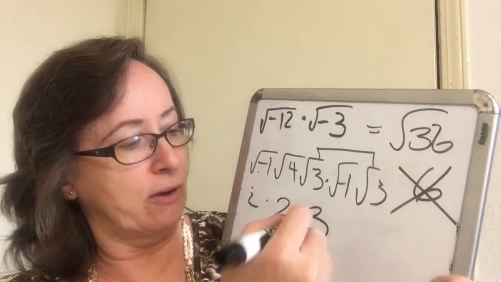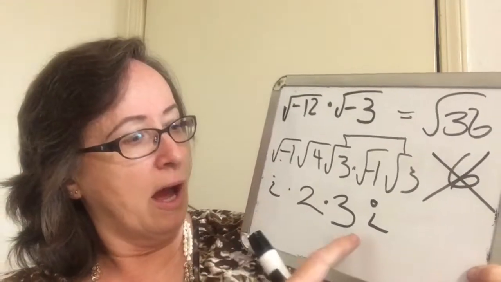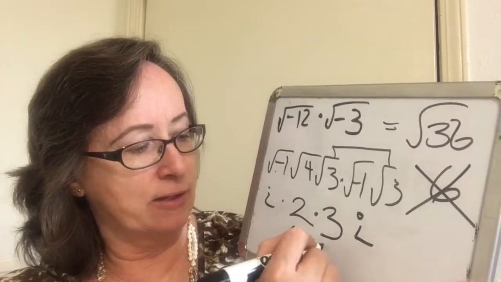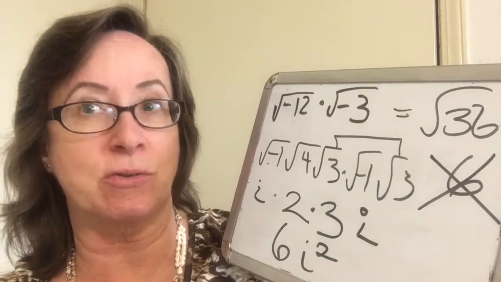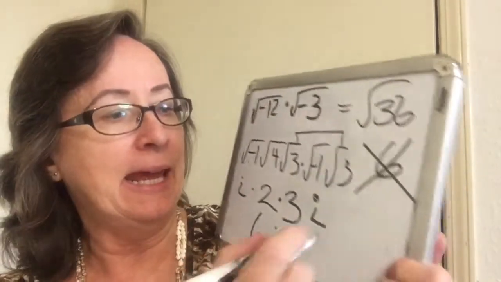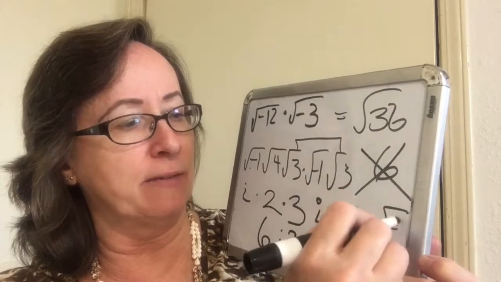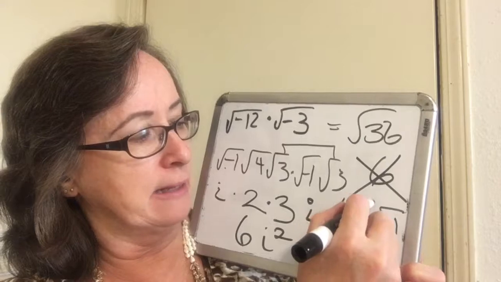And this is another i. Okay. Now, we end up with 6i squared. So, we haven't talked about what i squared equals yet. If i is the square root of negative 1, and I square both sides,